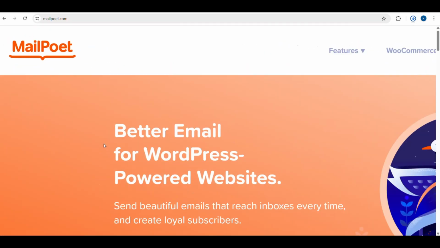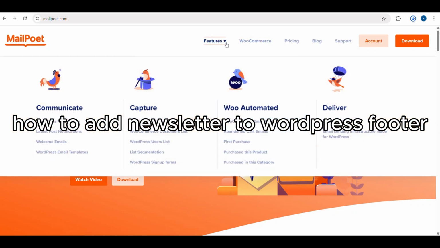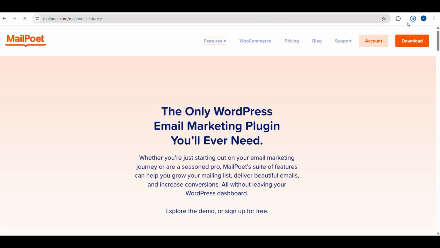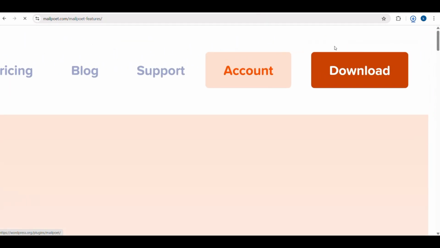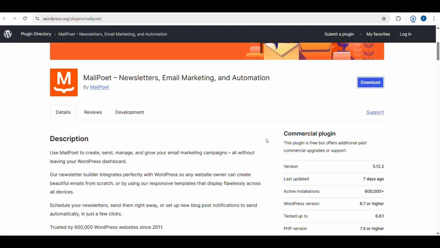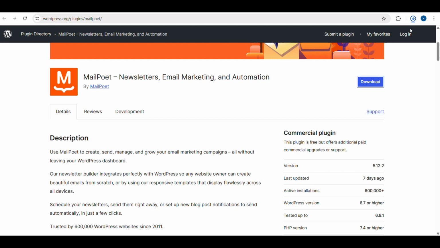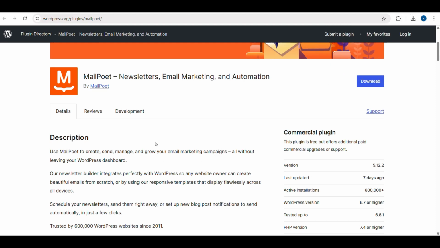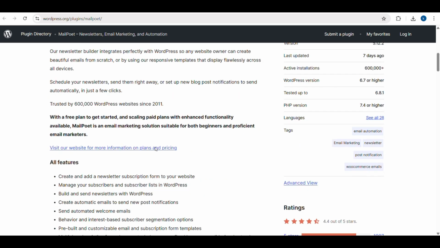In this tutorial I will show you how to add a newsletter sign up form to the footer of your WordPress website. So of course guys, start by installing a plugin for your newsletter. You can use MailPoet, but you can also use Newsletter or WPForms, WordPress Forms. Here you can go to the plugin's form builder and create your newsletter